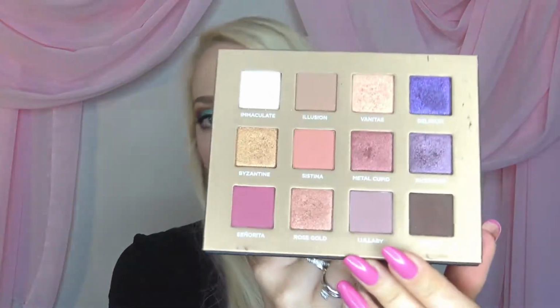This palette, bar this color, Delirium, I kind of want to depot it and just get rid of it because I hate the way Delirium works. But the other 11 colors, oh my word. I've also got a video going in